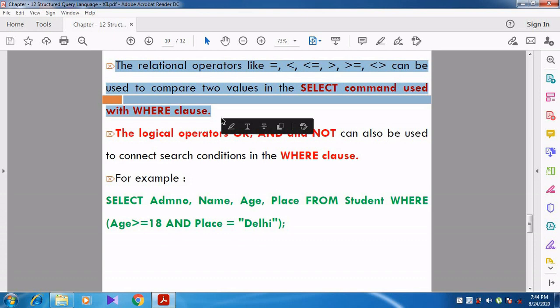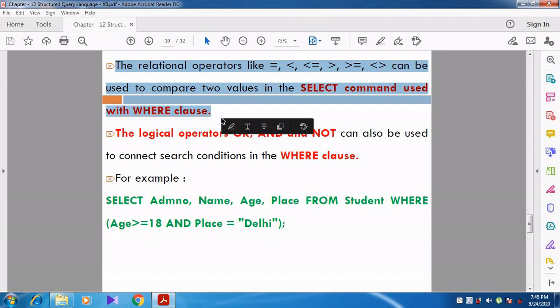Less than or equal to, greater than or equal to, not equal to, equal to. These relational operators can be used to compare two values in the select command, used with the where clause.